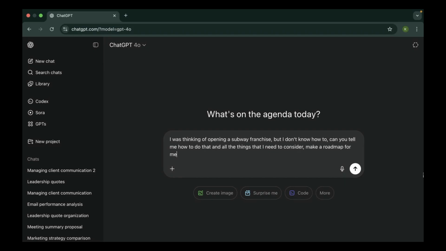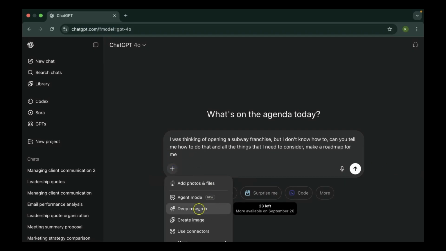Now, what you could do is you can also put it into deep research mode, but I'm not going to do that because it thinks a lot. What I have asked ChatGPT is pretty simple and it's going to do that for me even without the deep research mode. But if your idea is something that might involve deep research, then yes, definitely go for this mode. Obviously, it's going to take more time. But since you would be taking help of ChatGPT, I think you can give it enough time to properly make a roadmap for you. Now, let's see what I have said.